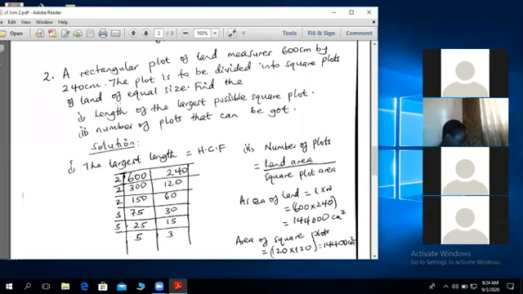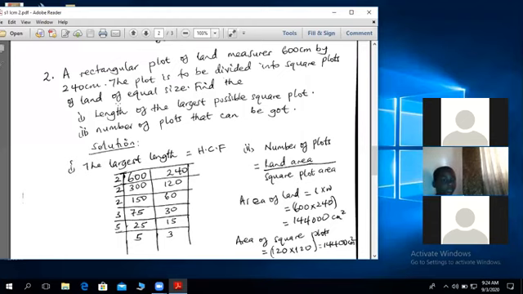So the question is, find part 1, the length of the largest possible square plot. When you look at this word largest,